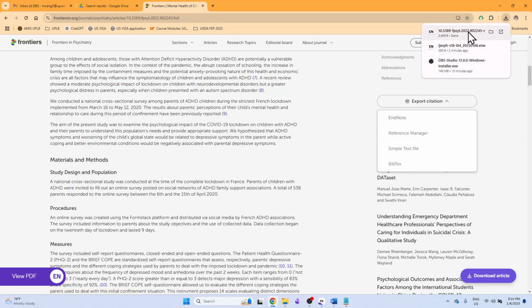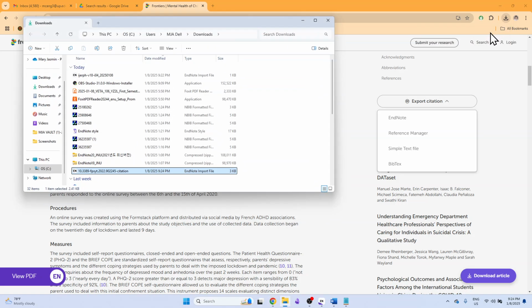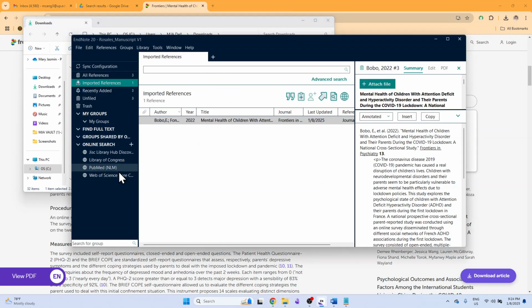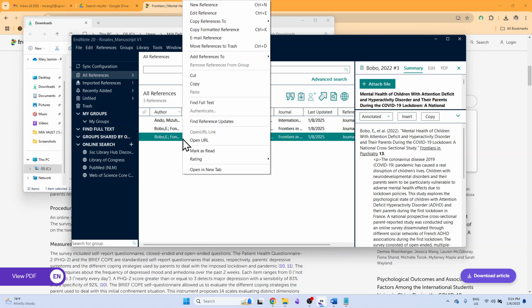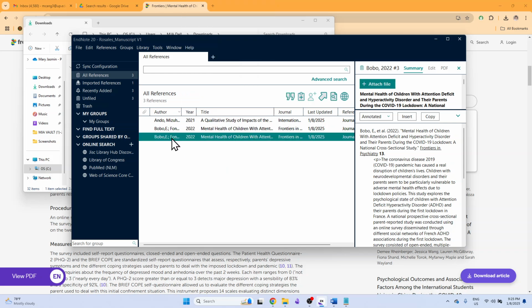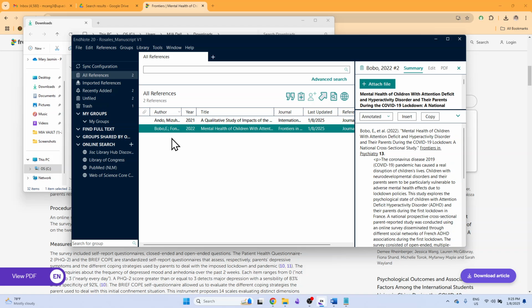Done with that, click it, double click it, and it will be added. I already added it actually. So it's already here. So you can actually just remove it if there are duplicates. Okay lang naman yun. Using the delete button in your keyboard. So, yeah.